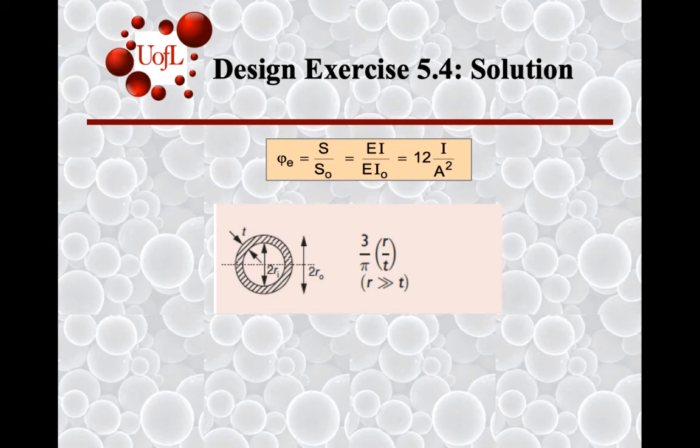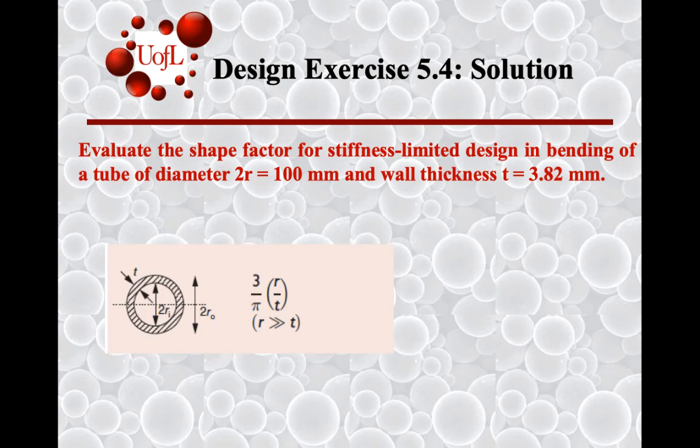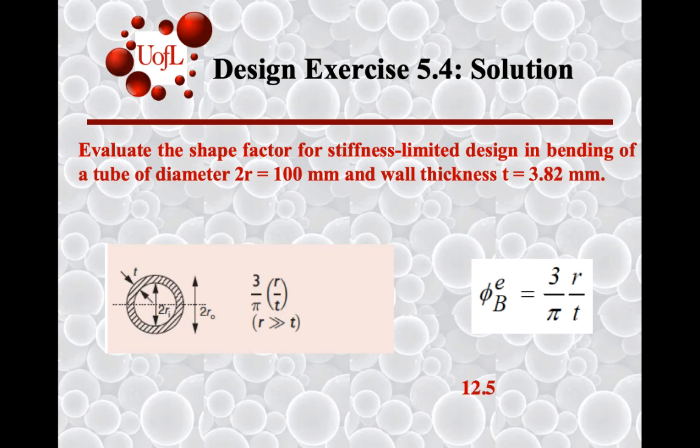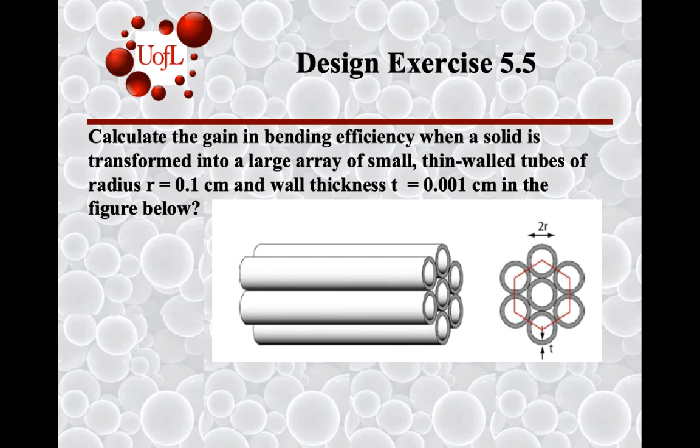So now that for this particular shape for the tube, we have the shape efficiency factor of 3 by pi times r over t, we can go ahead and get the solution. The previous information was just a refresher, and you estimate the shape efficiency factor to be 12.5 for this tube. What if instead of having a tube that is 100 millimeters in diameter, what if we reduce that radius to